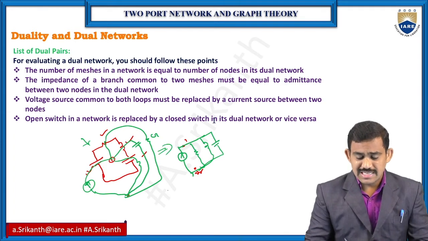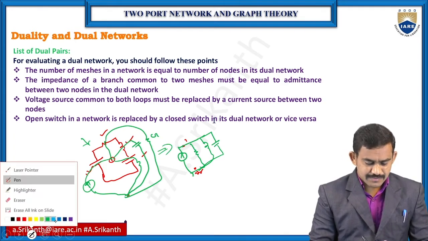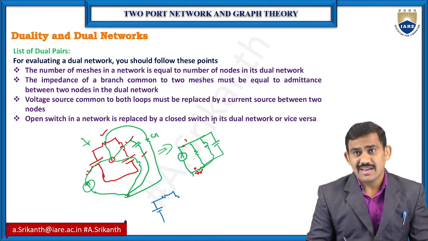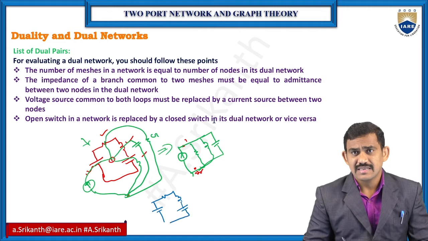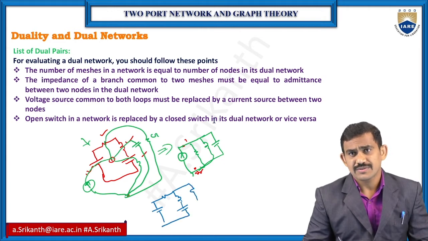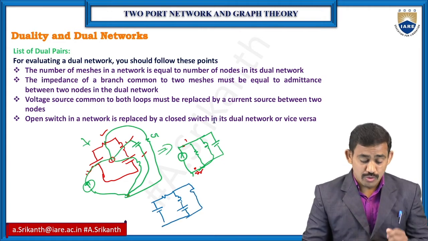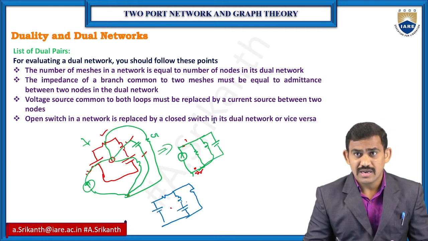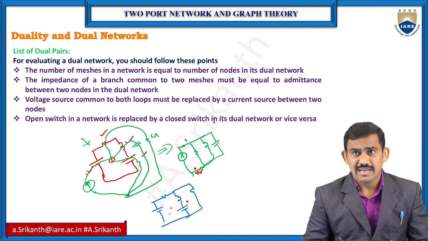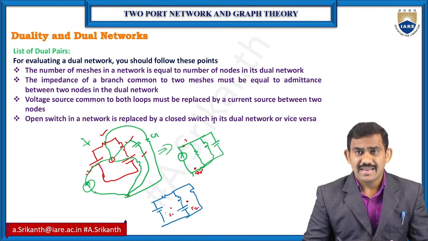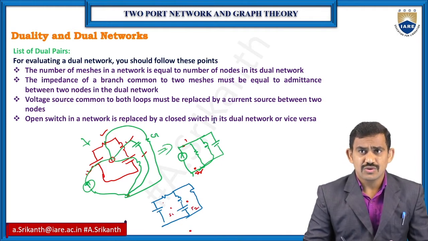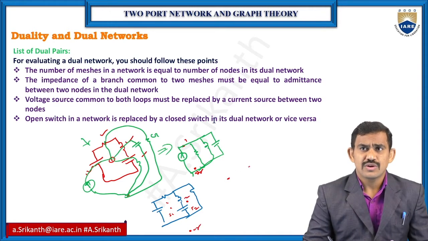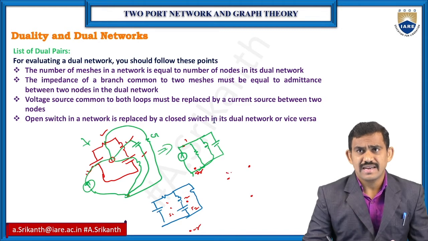Same circuit, if you observe clearly: voltage source and resistor. Here I have inductor and capacitor. Suppose here I have one more resistor. Now how many loops do we have? Two loops. So just mark the loops: loop 1 and loop 2. This is I1 and this is I2. And go for one reference node. So node 1, node 2 and the reference node.